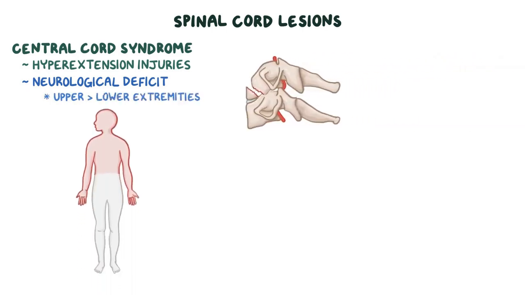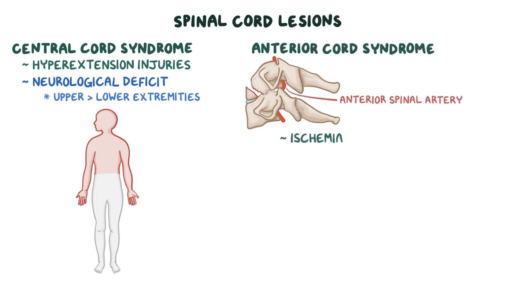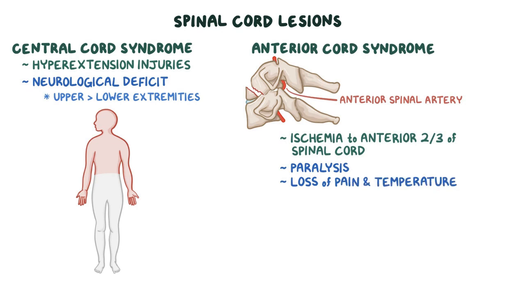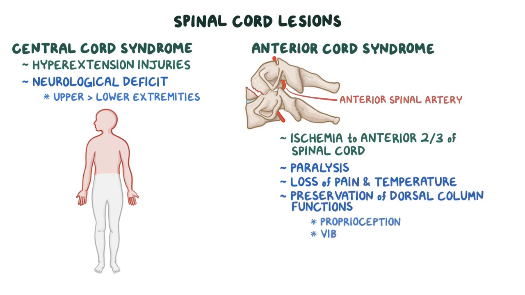Teardrop fractures may cause anterior cord syndrome because that avulsed fragment can compress the anterior spinal artery, causing ischemia to the anterior 2/3 of the spinal cord. This results in paralysis and loss of pain and temperature, but preservation of the dorsal column functions, such as proprioception, vibration, and two-point discrimination. Alright, the final form of injury that occurs as a result of blunt neck trauma is